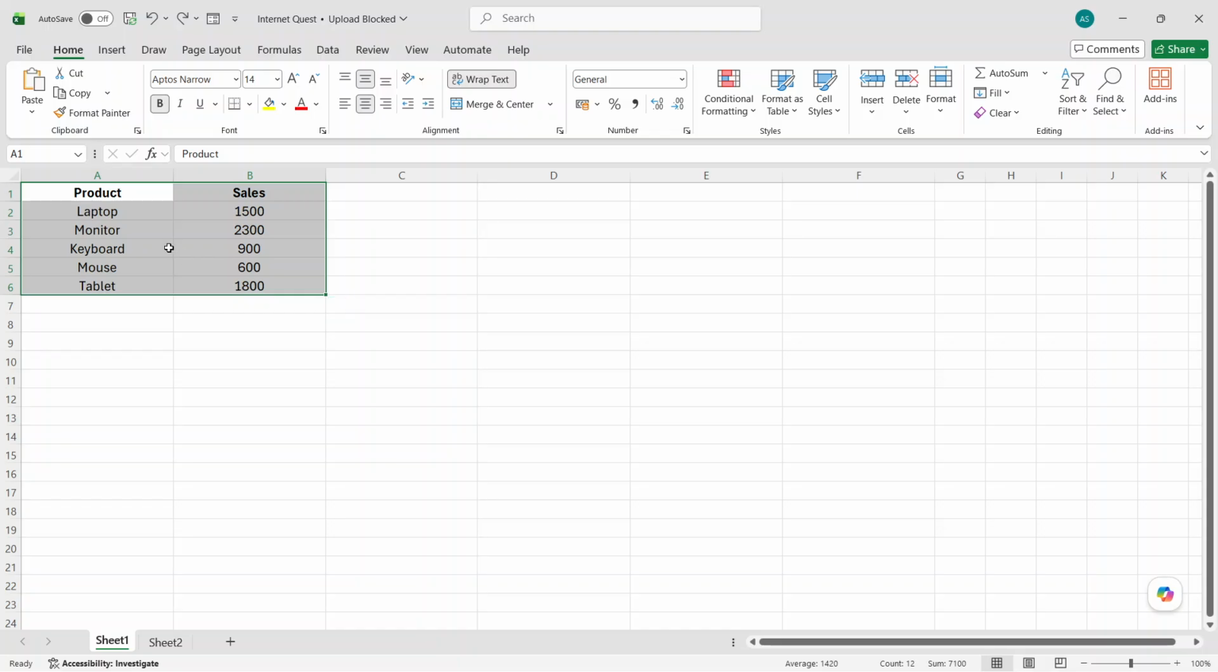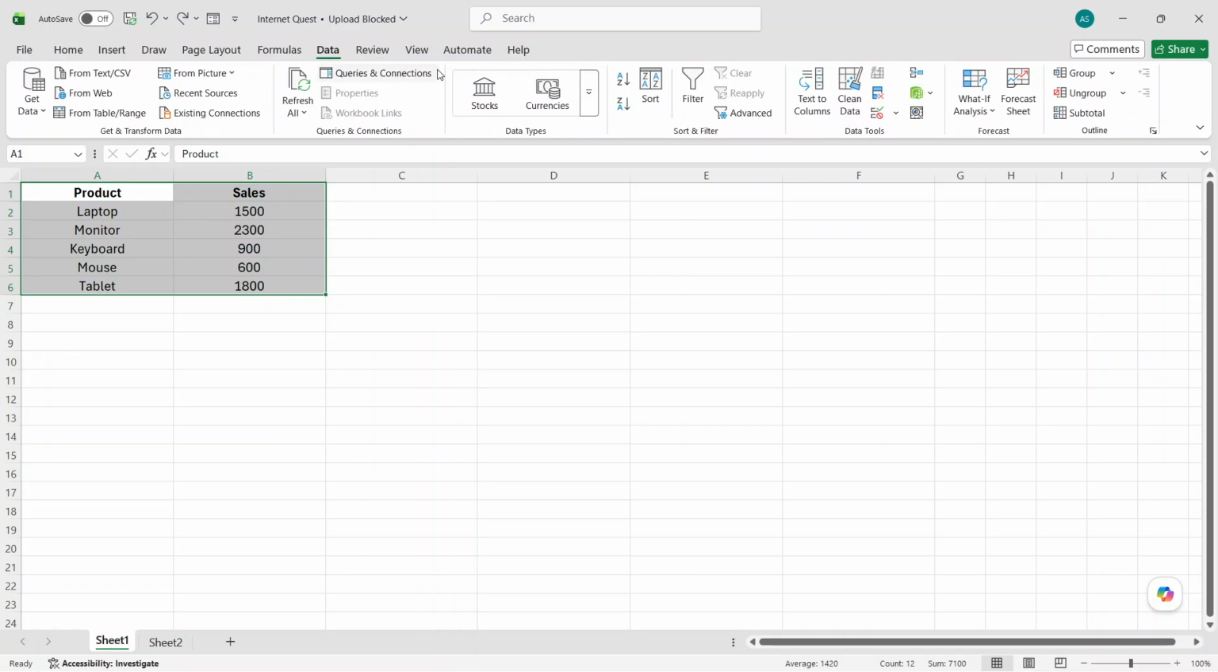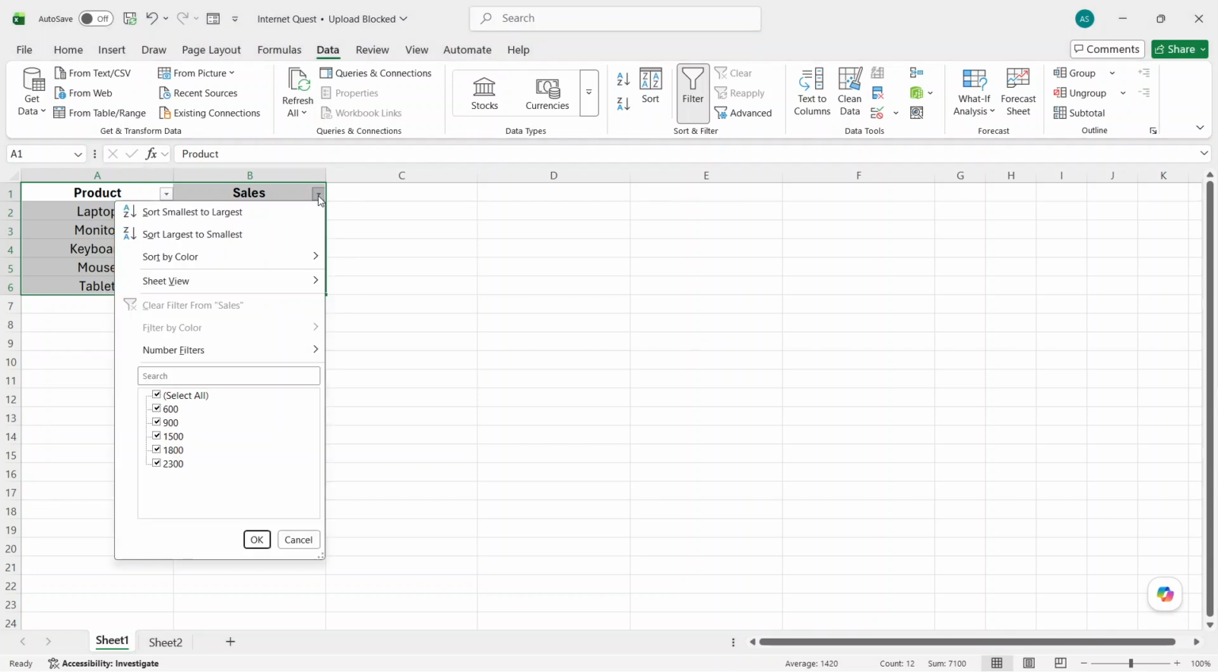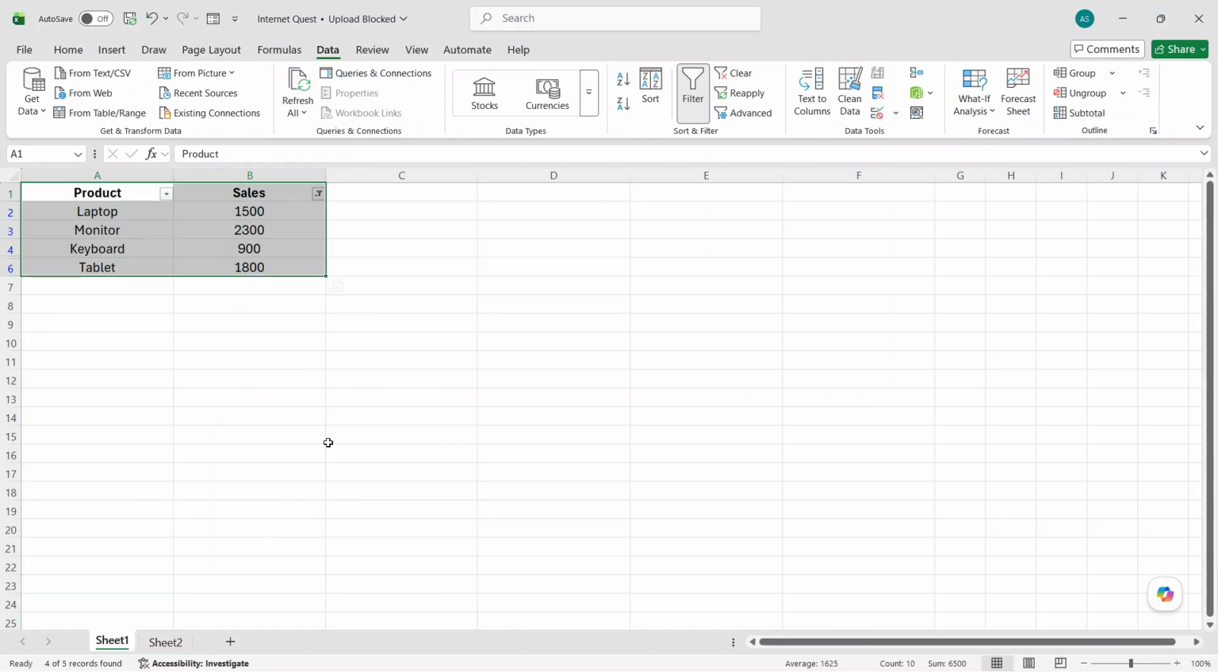Now apply a filter to the data. Start by selecting the entire table, then go to the Data tab at the top of Excel and click Filter. Once the filter arrows appear in the header row, use the arrow on the column you want to filter and display only the records you want to include. This is important because the goal is to calculate a total based only on the visible rows, not everything in